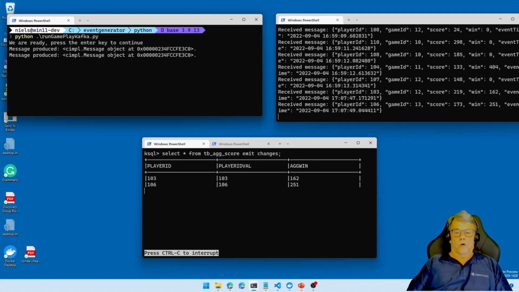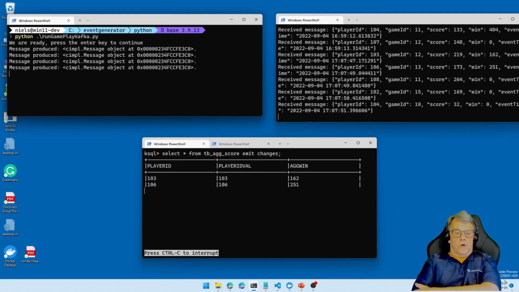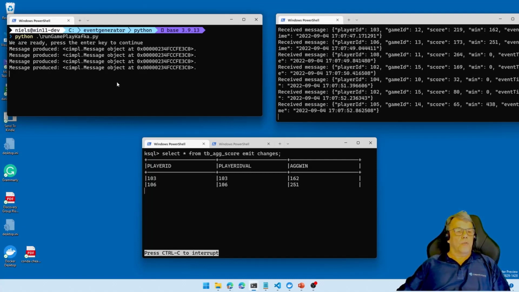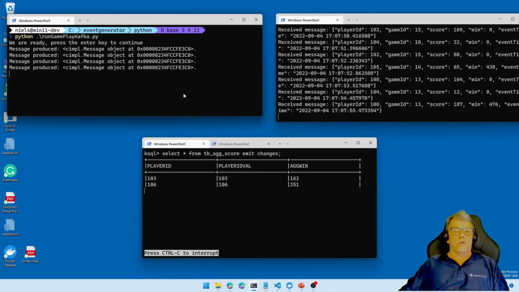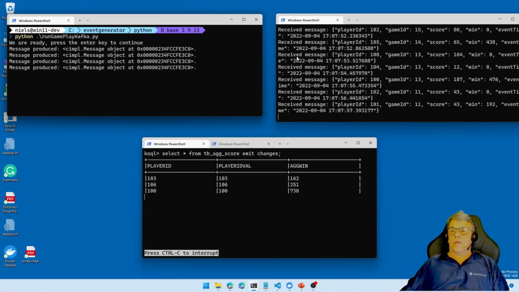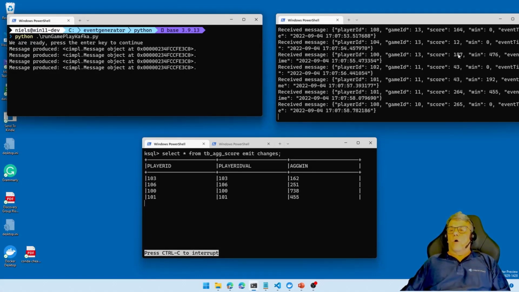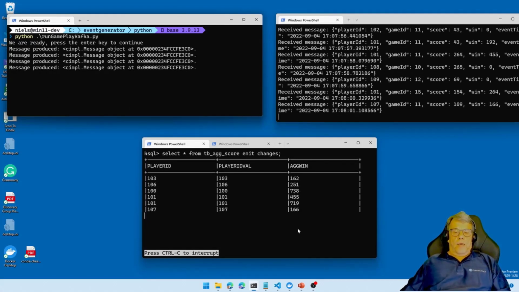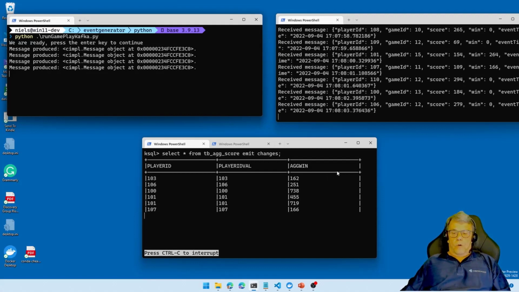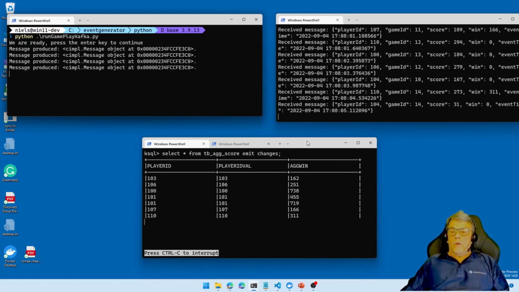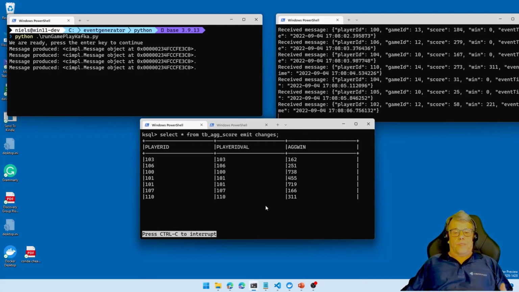And here we are. We see on the left-hand side how we are producing messages, on the right-hand side how we are consuming off the original topic, and here how we are selecting from the table.